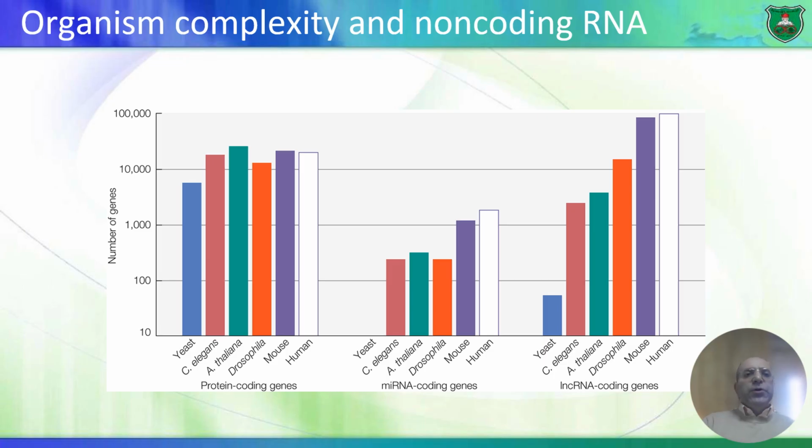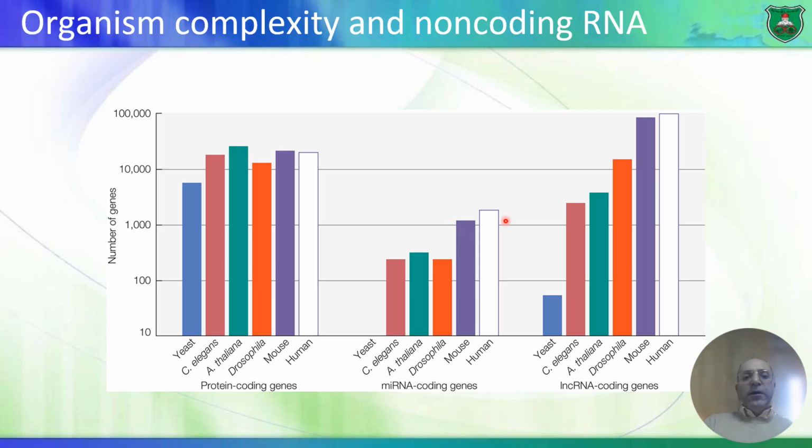So this is what I want to show you. If we look at protein coding genes, we see that there's similarity among different organisms, primitive as well as complex, such as humans and mice. So the number of genes really is sort of similar, if you want to look at it this way. Well, what's really important is the non-coding genes, like microRNA. So genes that are transcribed into microRNA, but these microRNA molecules are non-coding, meaning that they are not translated into proteins. So the number of microRNA encoding genes is really large